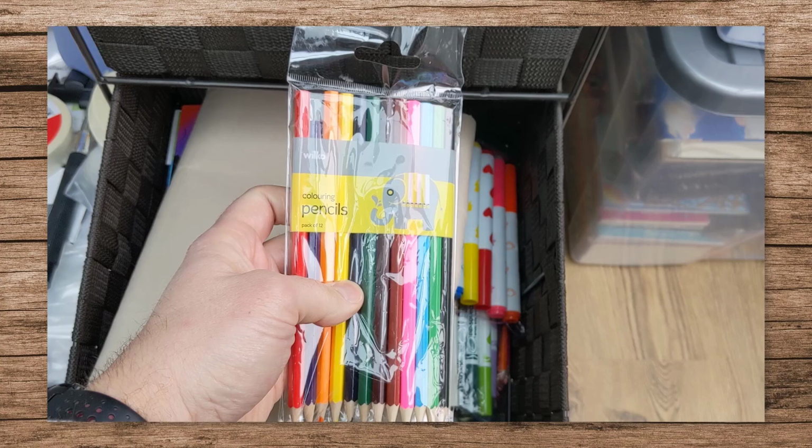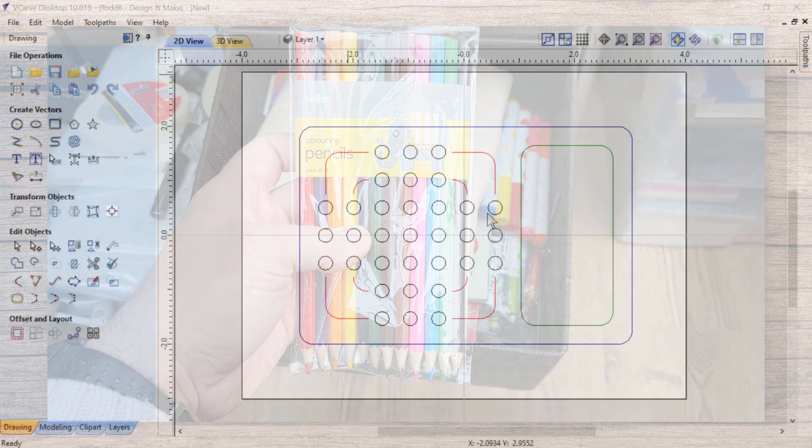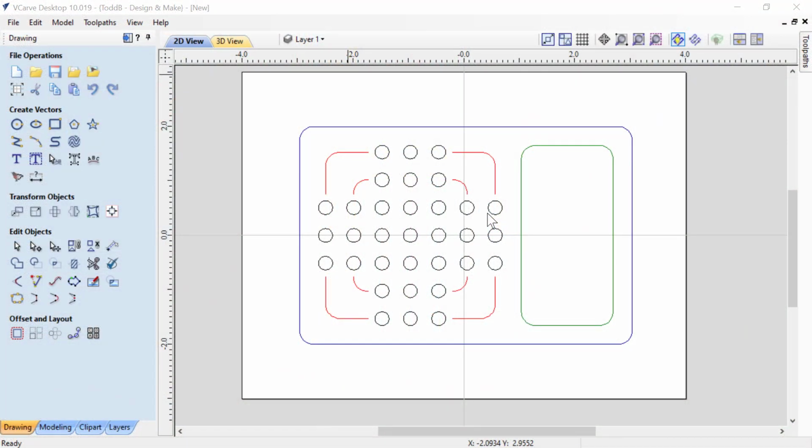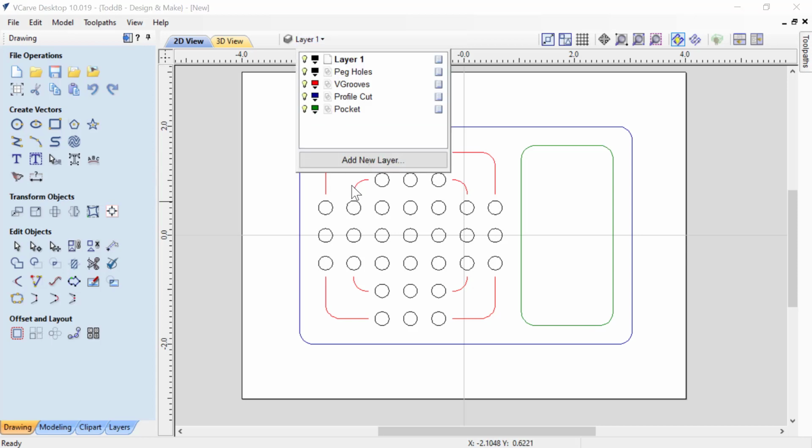Perfect, these will work. Tim Sway would be proud. Okay, so now how are we going to resize all these holes to fit the colored pencils that we're going to use? So the easiest way to do that is going to be to create a brand new layer,